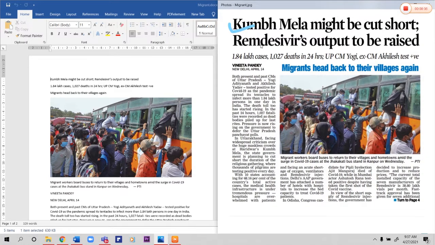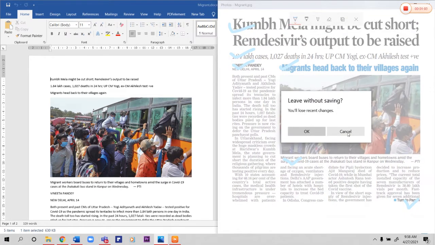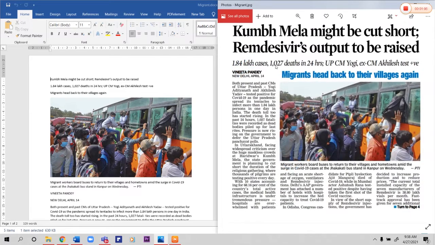For this, we are using Times New Roman, or serif. This is serif, this is sans serif. All of the body is using serif. This is sans serif, but for Vineta Pandey and turn to page 4, we will use Arial Black. Those are the specifications. Now we will change things first.